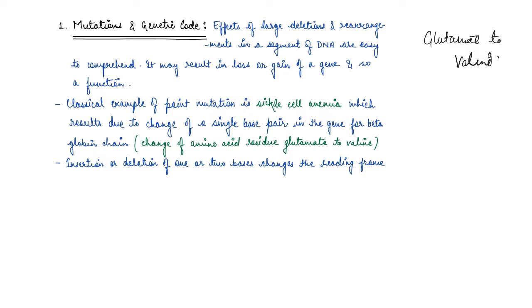Now this basically results in sickle cell anemia itself. This small change results in sickle cell anemia, right? Now you can imagine that the effect of a point mutation that inserts or deletes a base can be very big,